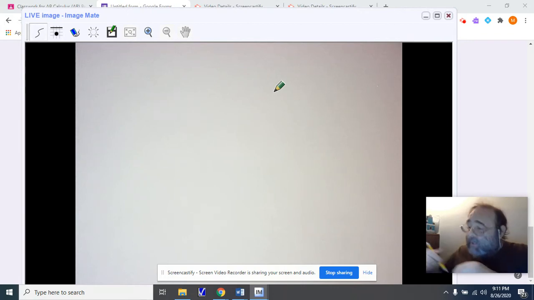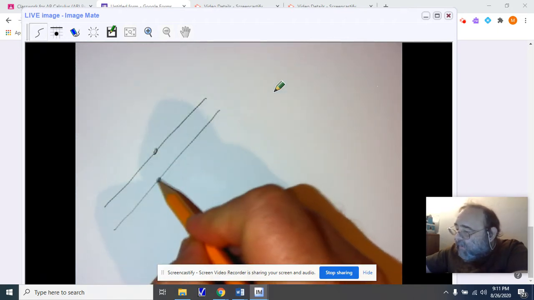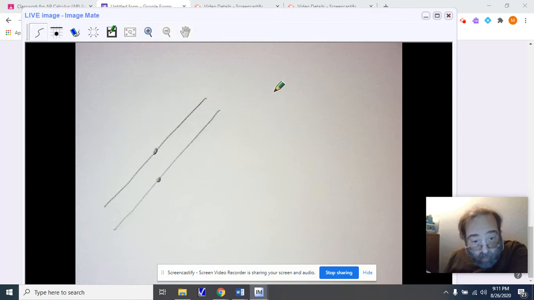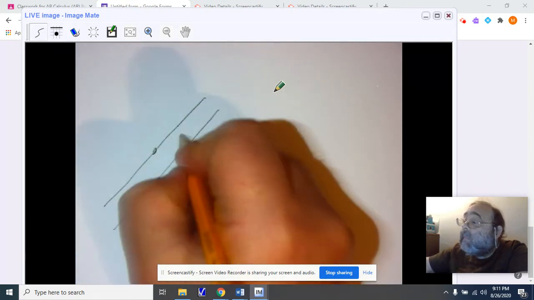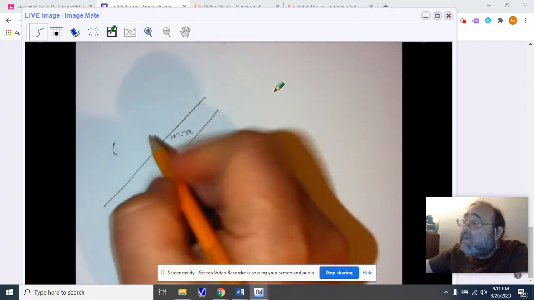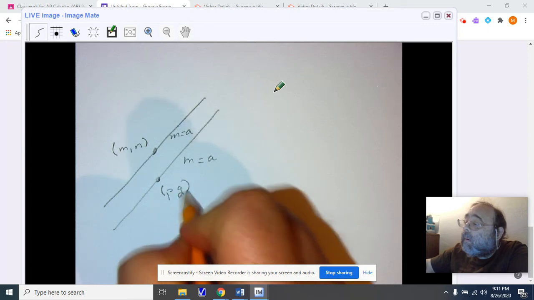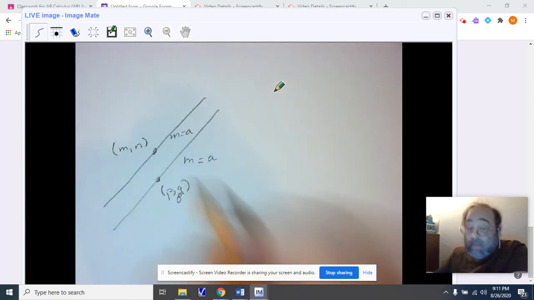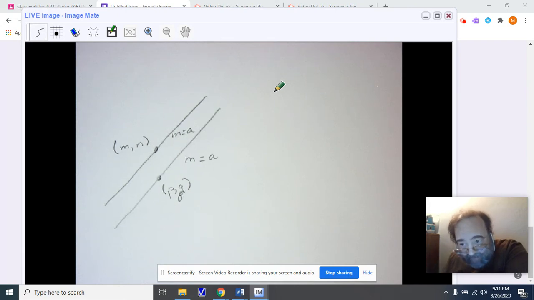Now, what we know is that two parallel lines will have the same slope, but have different points associated with them. So we're going to be working with point-slope form when we're looking for parallel lines. We're going to use the same slope that's constant to both of them, but we're now going to use a different point. Notice that depending upon the point we use and depending upon the slope, we will get two distinctly different lines. But because the slopes are going to be the same, we know that they will have parallel slopes and be